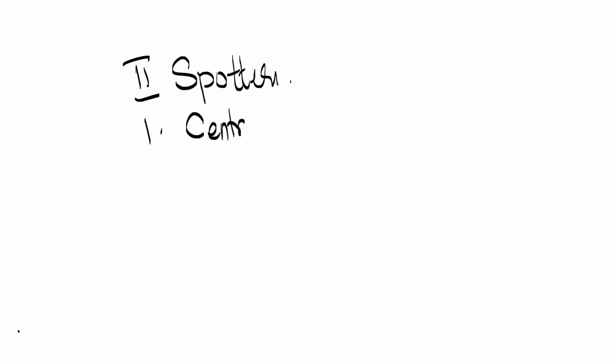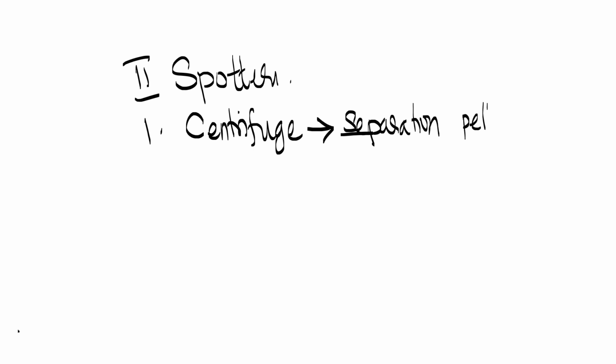And the last part is spot test. The second type of question is spot test. Spot test means you have different types of items. Say, for example, if a centrifuge is kept as a spotter, you have to identify it and write the centrifuge contents. That means it is used for the separation of pellets and supernatant, with the help of high RPM, that is rotations per minute. Each piece of information you have to write.